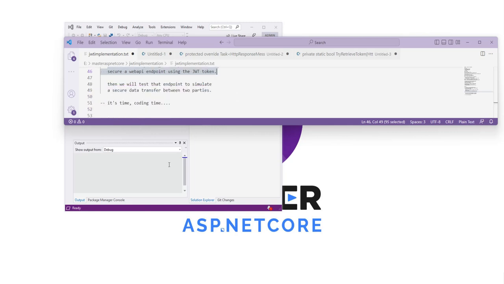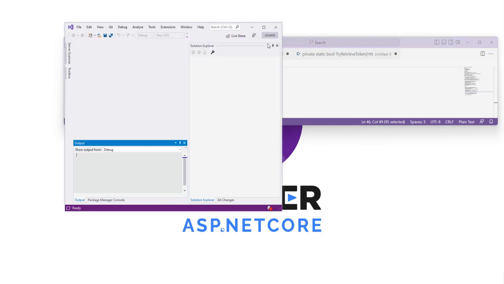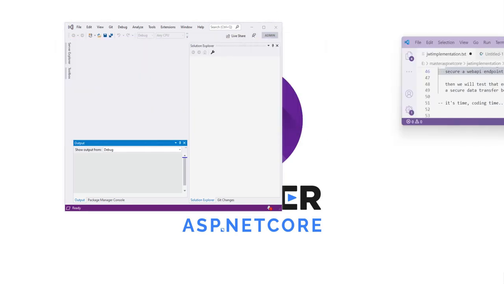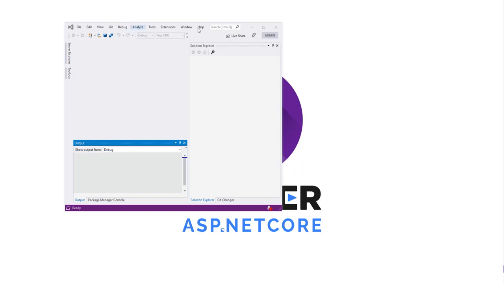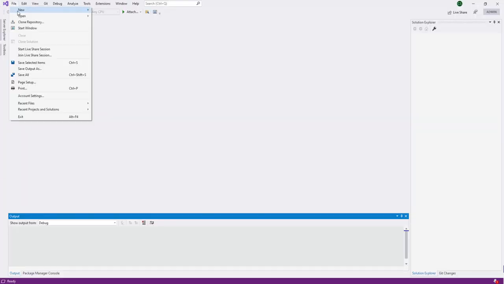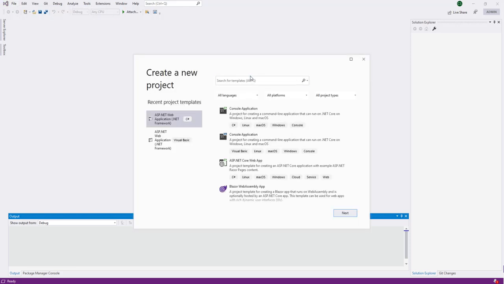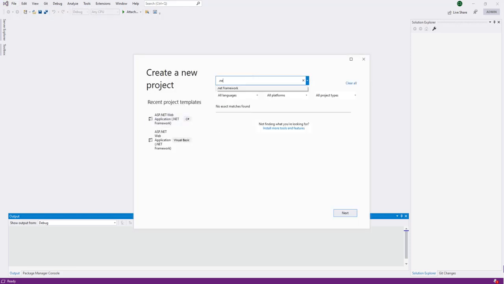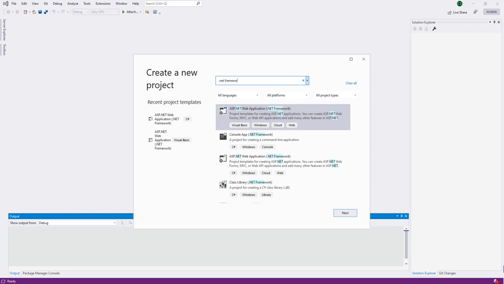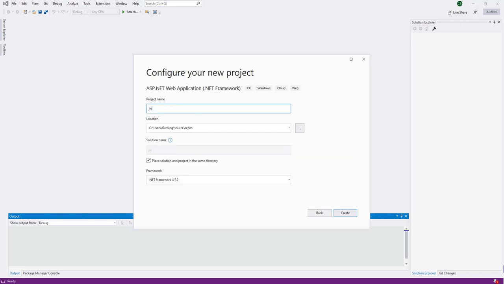It's time. Let's just start the coding. I'll go ahead and create a new project. Click on File, New Project. Just type here .NET Framework. Okay, so this is the Visual Basic. We have to select the one for C#. Just make sure you're selecting the one for C#. Click on Next. We'll go ahead and name it JWT